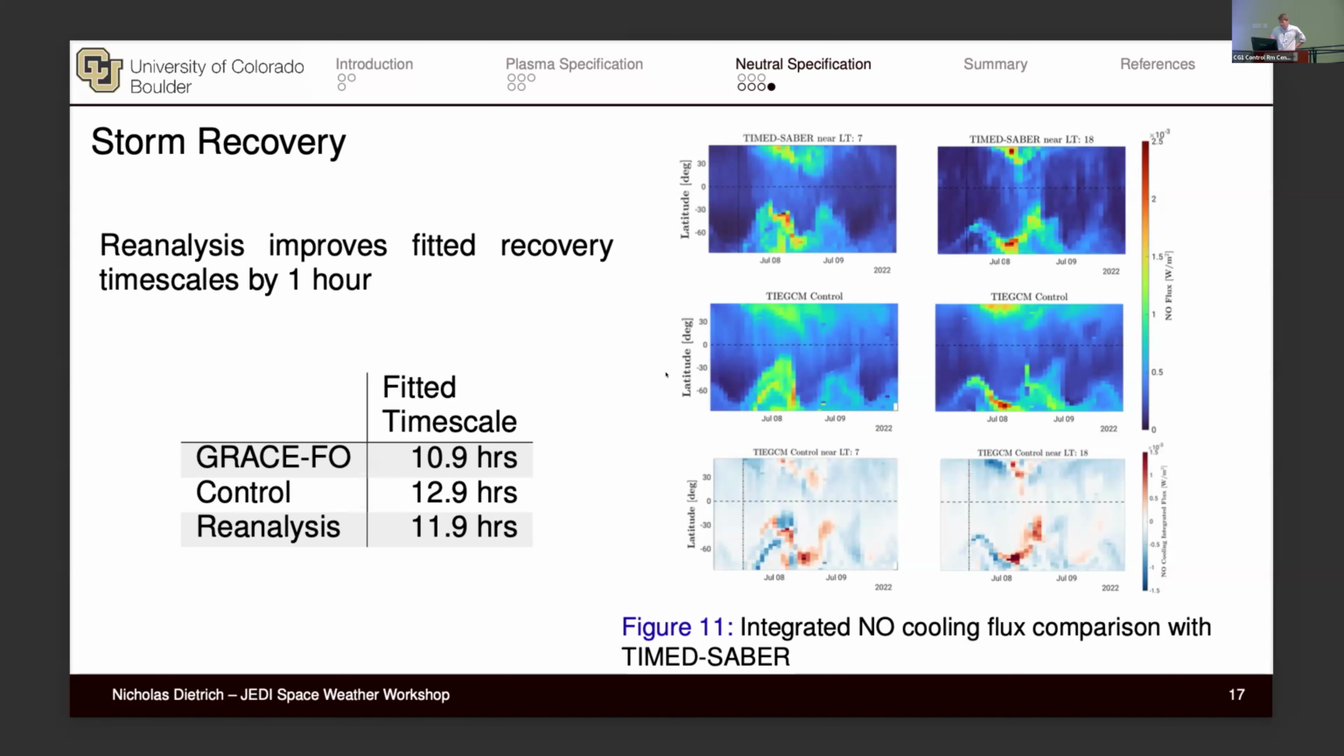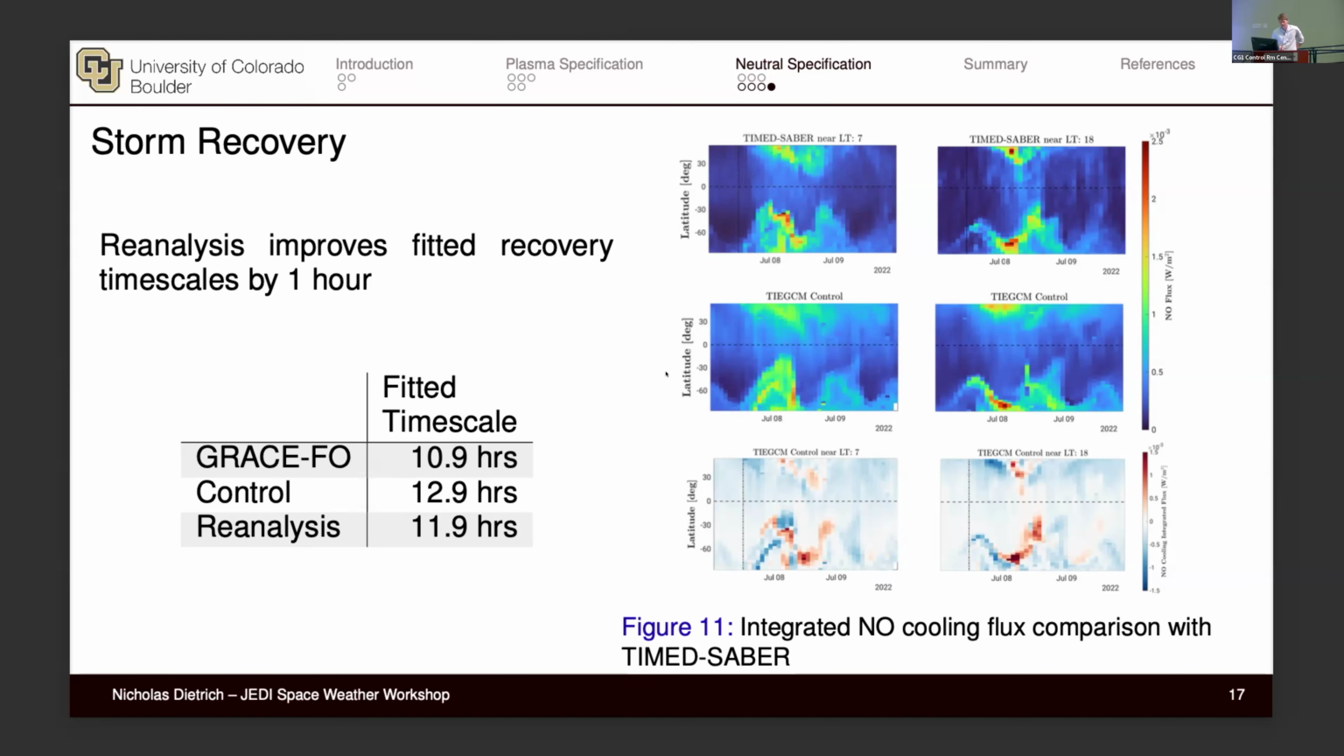And so because TIMED SABER has NO observations, we can actually compare what TIE-UGCM has with the SABER. And so here is the TIMED SABER observation split by local time. This is the fully integrated vertical flux. And then on the bottom, you can see the bias between the observation and model, where I do want to note that TIE-UGCM is doing a fine job of capturing this NO, but it's really this late stage, in the cooling phase, peaks that we see in TIMED SABER aren't really present